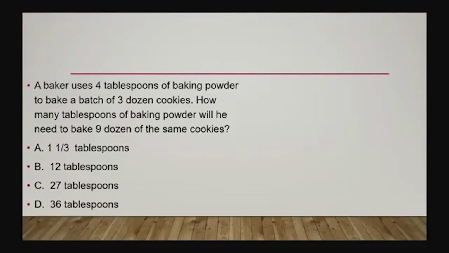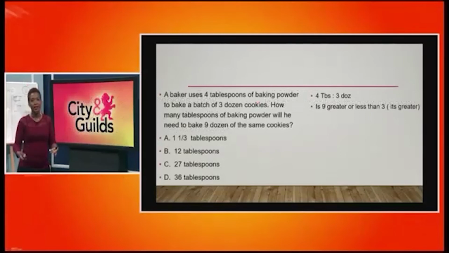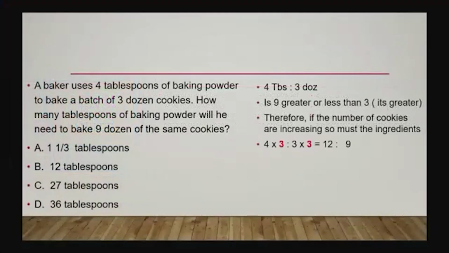You should realize that the first ratio you have is 4 to 3. All right? Now 9 is greater than 3. So you must expect an increase. So if you're baking more, you're going to clearly need more ingredients. So let's look at it. To get to the 9 dozen, we're going to multiply the 3. Or I should say the relationship between the 3, the first ratio, and the 9 would be